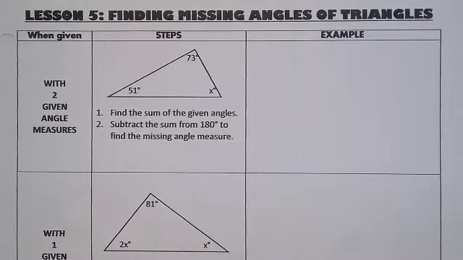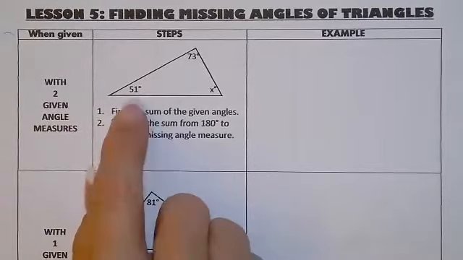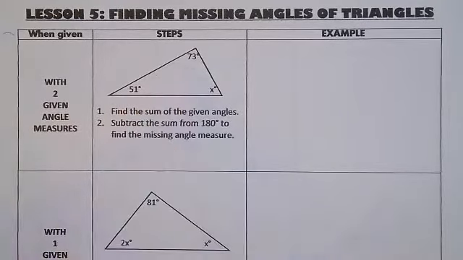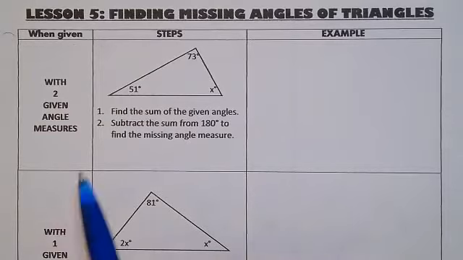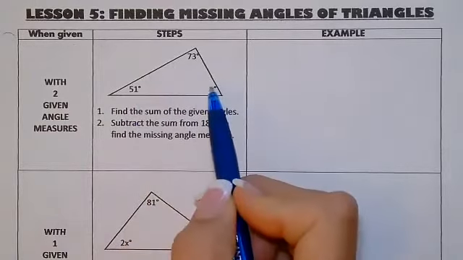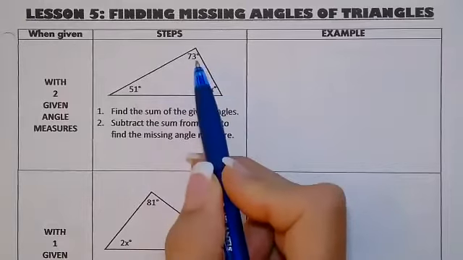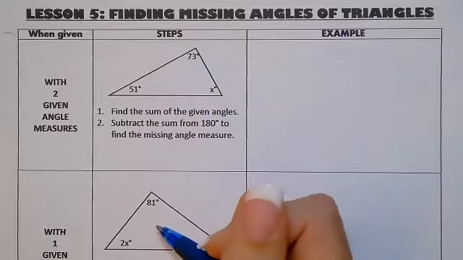Lesson 5, finding missing angles of triangles using the angle sum theorem. So the first example gives us 2 angle measures out of 3. With 2 given angle measures, we're going to find the sum of the given angles and then subtract it from 180 degrees, because we know that no matter what triangle, the sum of its angles will always equal 180